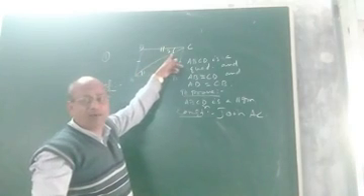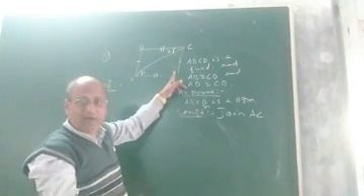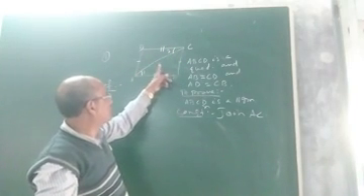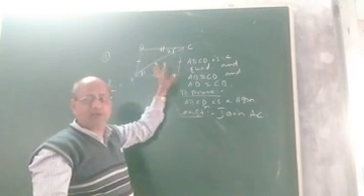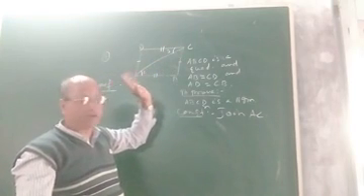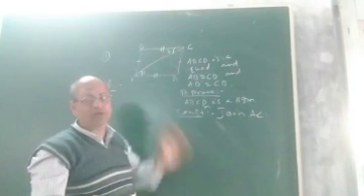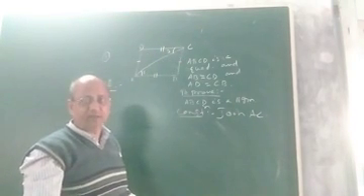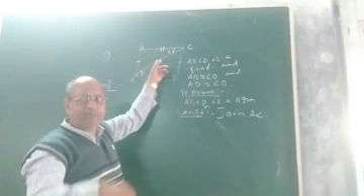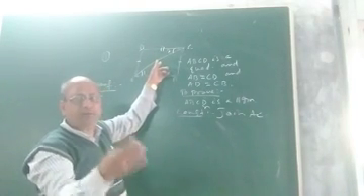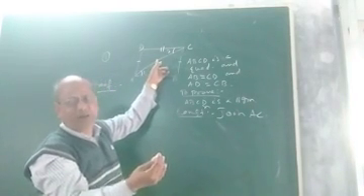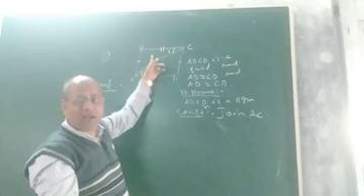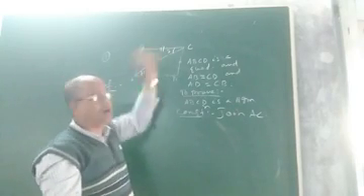To show angle 1 and 2 equal, definitely we have to take the congruency of this triangle and this triangle. That is triangle ABC and triangle CDA. First we have to prove that they are congruent. And if they are congruent, angle 1 and 2 will be automatically equal by CPCT. Because when two triangles are congruent, their corresponding parts, meaning corresponding angles and corresponding sides, become automatically equal. So if this triangle and this triangle can be proved congruent, angle 1 and 2 will be equal.